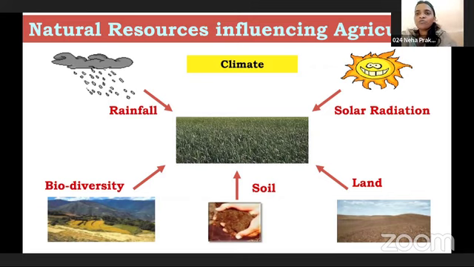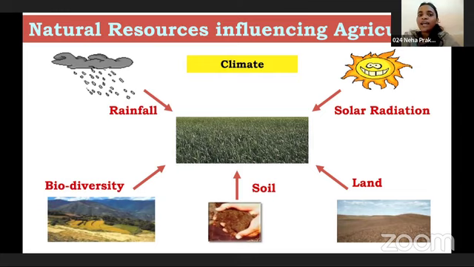So the question arises, what is the difference between soil and land? Let me clarify: soil is a three-dimensional system which consists of length, breadth, as well as depth. On that basis, we cultivate the crop, so depth is another main factor. On the other hand, land is a two-dimensional system that consists of only the landscape as well as the agrogeological area. That is land. So these are the important natural resources that influence our agriculture.